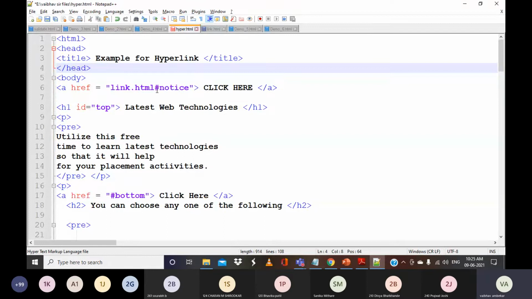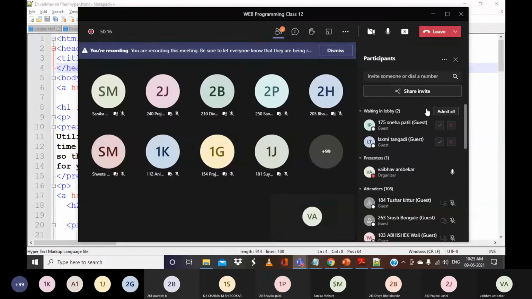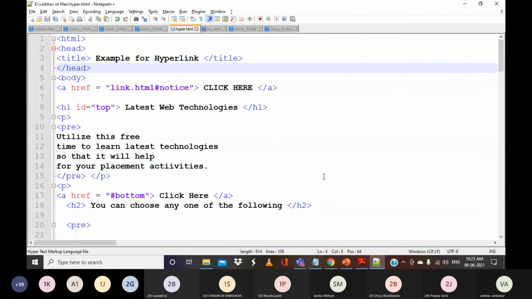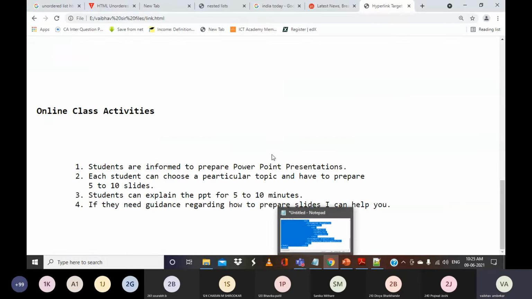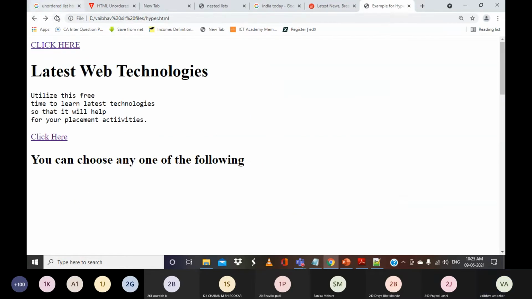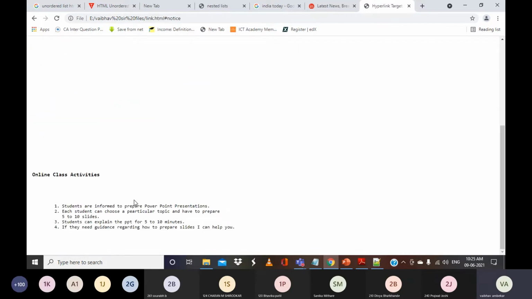So I will say link.html hash notice. Now let's run this. So we'll run this here. I will just refresh this. So the moment I click here, what will happen? It will directly come to the bottom.